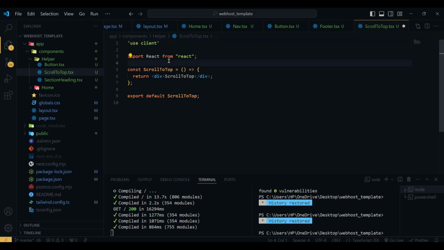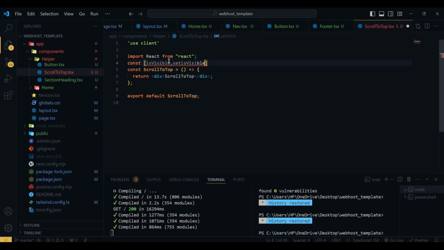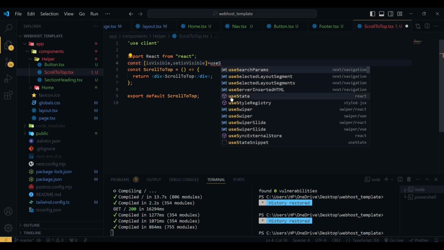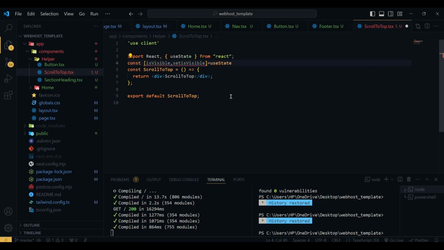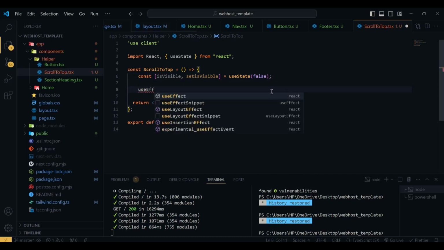Then here first I'm going to create a state variable which is visible, and set is visible, and I'm going to use the useState, and here it will be inside this. So here initially it will be false. Now here we are going to create a useEffect. So useEffect,